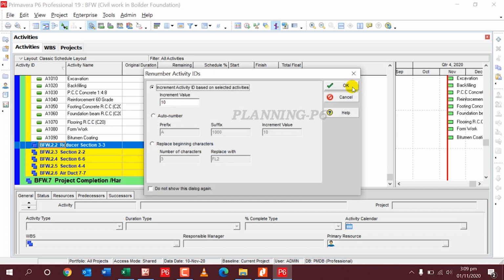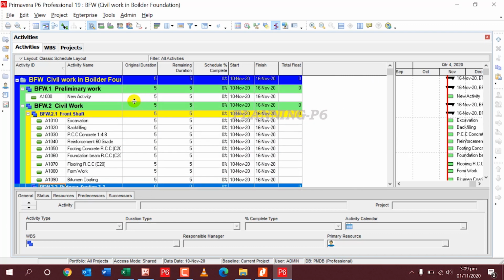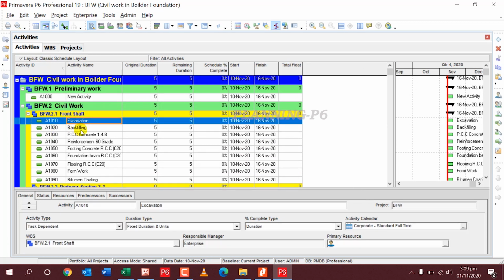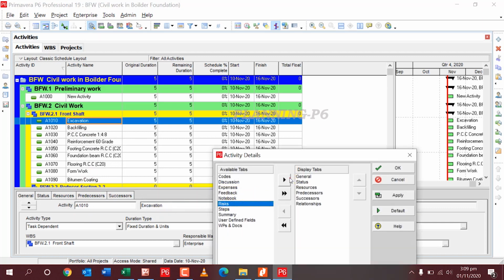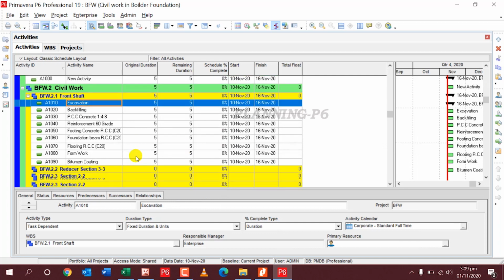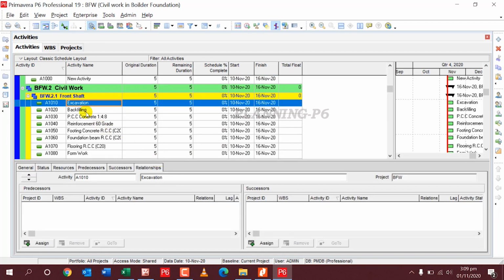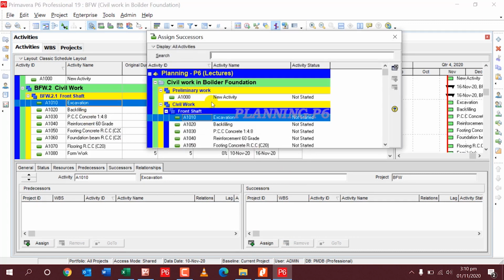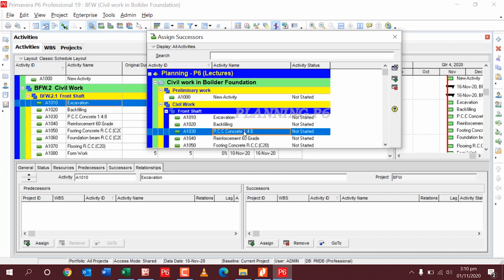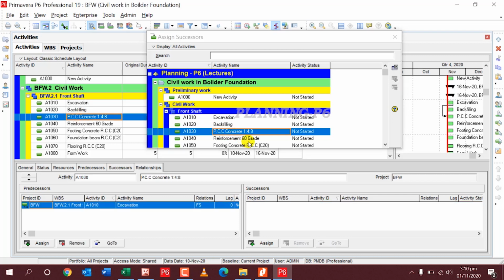So my next step is to assign relationships to my activities. I will go here in customize details, and I will assign relationships here. Okay, I will go for relationship directly, and after excavation, my next activity is PCC concrete, and when I have done PCC concrete, then I will perform reinforcement.